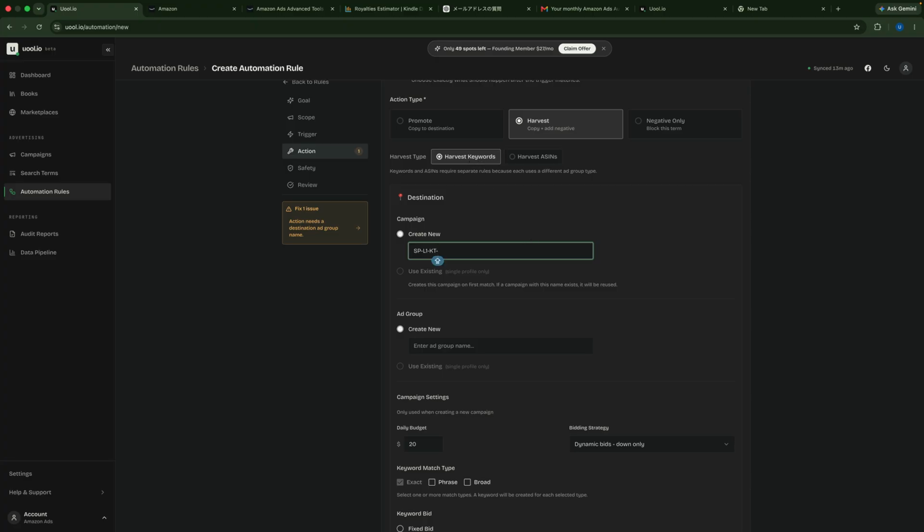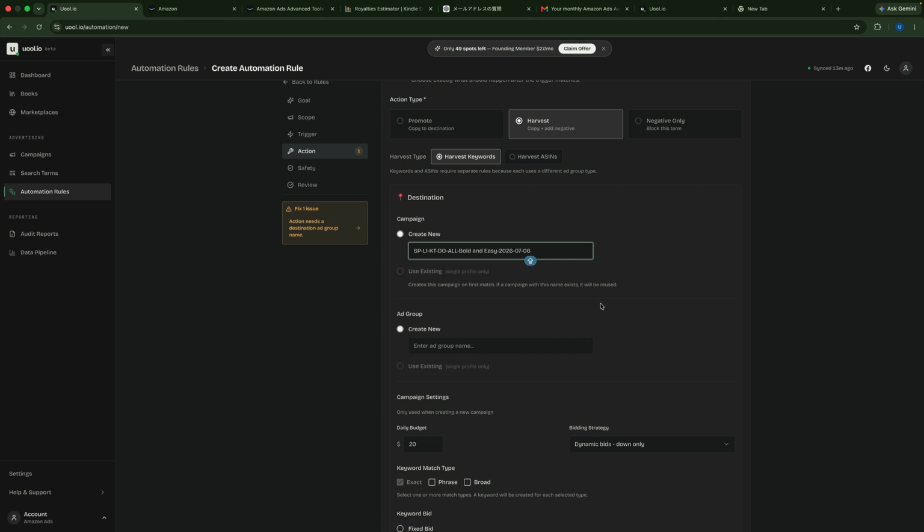I'm going to use dynamic down only, and then I'm going to do the match type for, let's do all, and then this is bold and easy. And if you create it,